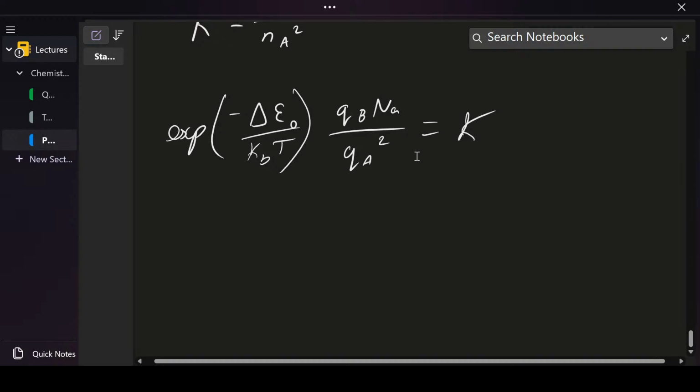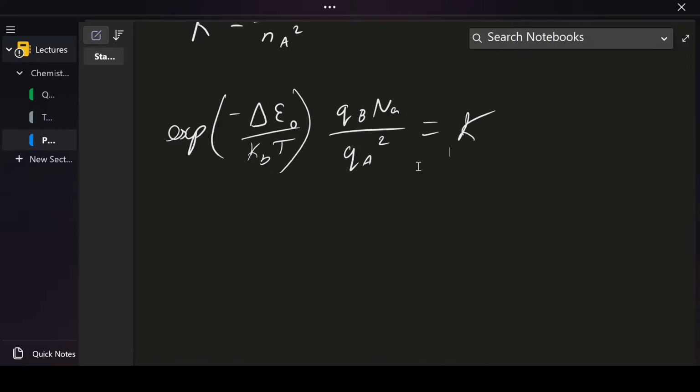And so in the next episode, I'll go about how you'd calculate this and how you'd calculate the partition function for different scenarios. And then, yeah, that's pretty much